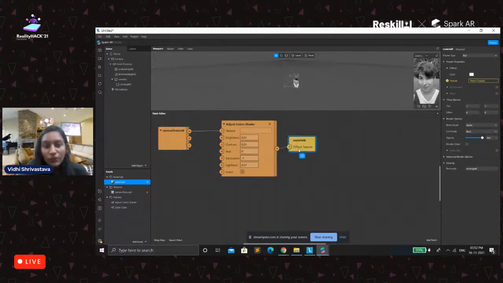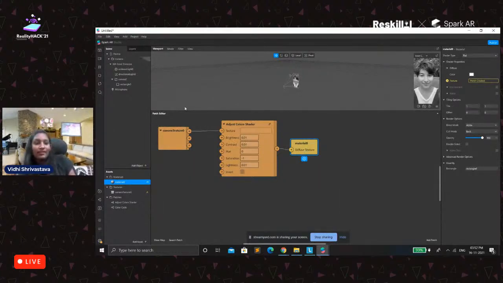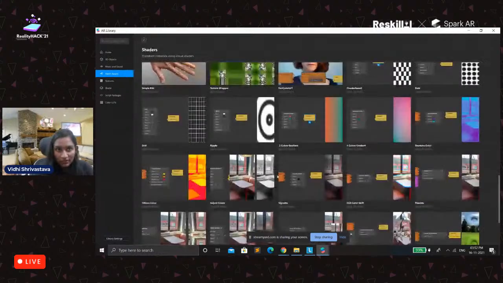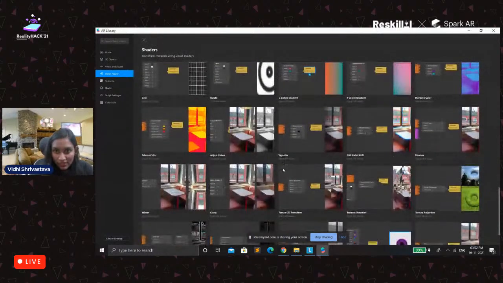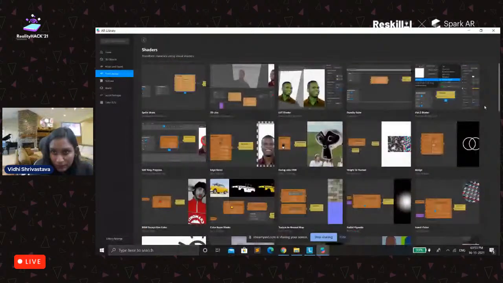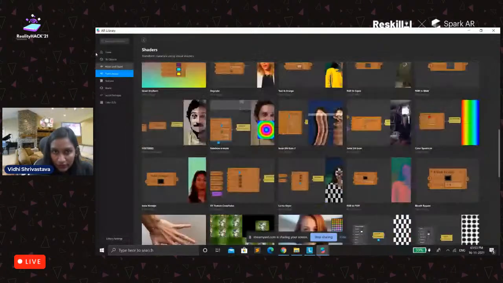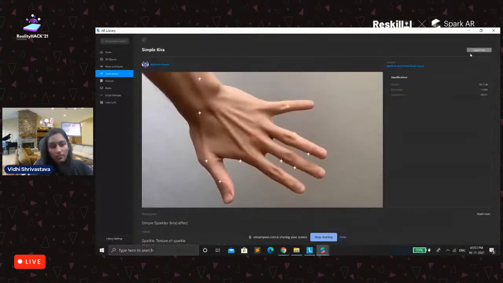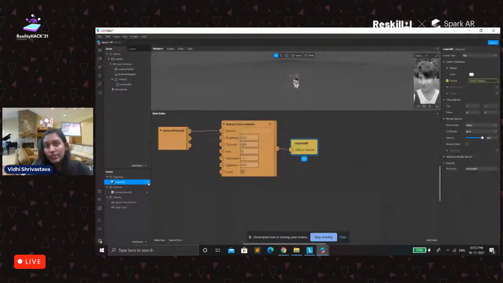Now you guys have used that kira kira effect so many times. Let's see how it works and how we can make that effect. So we have to again go to the assets library and we will extract one more patch, that is the kira kira patch, that exists in the patch editor itself. Just go up and we will find it here. It is simple kira patch. So we will just import it, and once it gets downloaded you will see it on your patch.